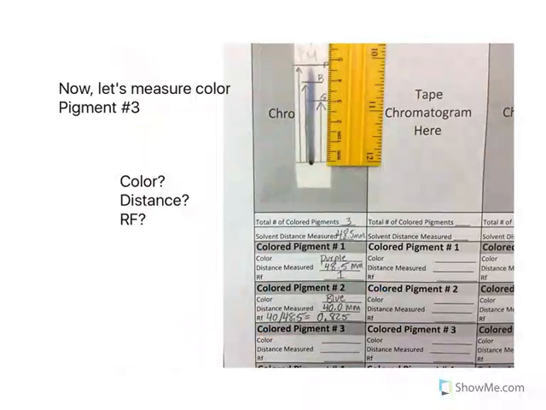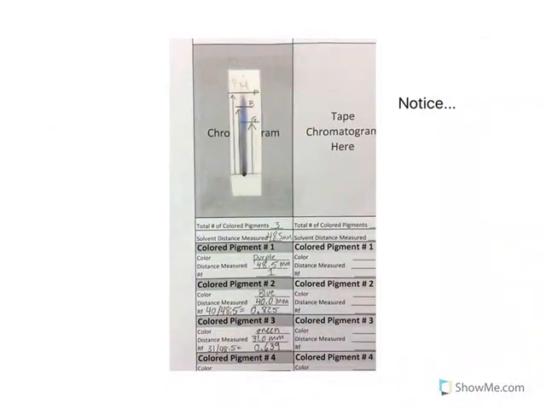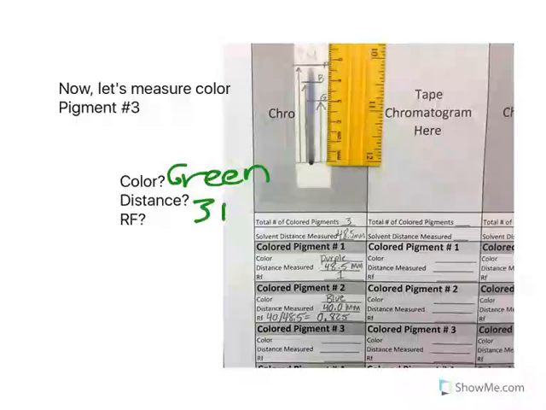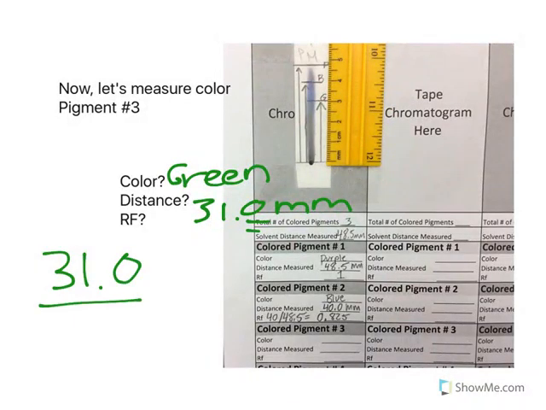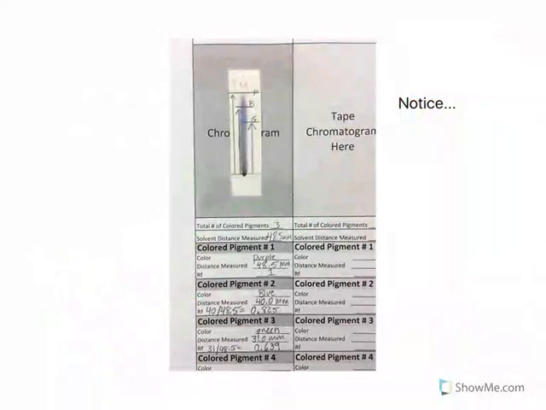Lastly, we're going to go ahead and measure color pigment number 3. So the color for this one is green. The distance that this one traveled looks like it's about, let me see what I put on the next page, 31.0 millimeters. Got to have the 0.0 because that's my uncertain guess. And then my RF value will be 31.0 over 48.5. And then we have our units, millimeters, they cancel out, which gives us an RF value of